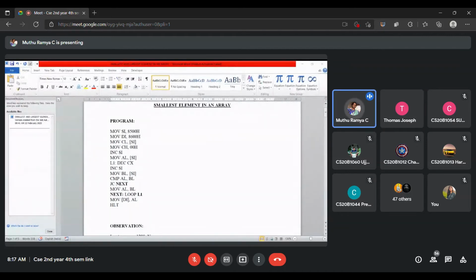Good afternoon, students. This is Muthiramya, research scholar in EC department. We are going to see the first smallest element in an array program. Here, we are going to assign the input location and the output location. First of all,